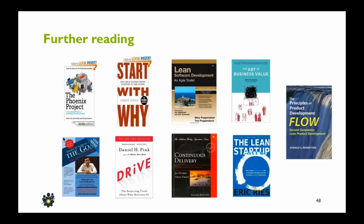Here's our standard recommended reading list. So we've got The Phoenix Project and The Goal, which are one and the same book. One was written a few years later and is more relevant to the IT industry. That's The Phoenix Project. We've got Simon Sinek's Start With Why and Daniel Pink's Drive, which are both really, really